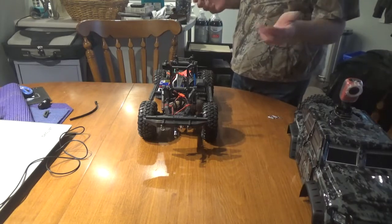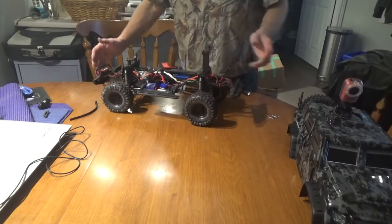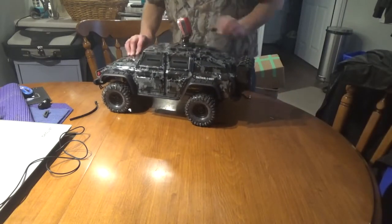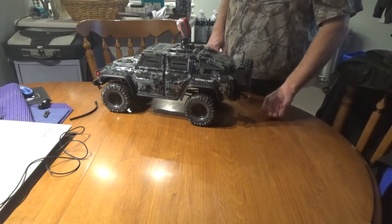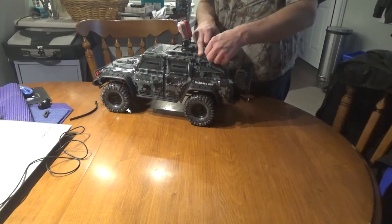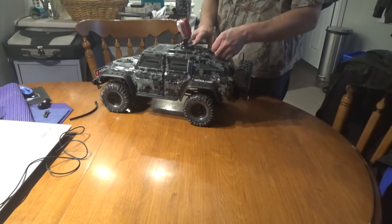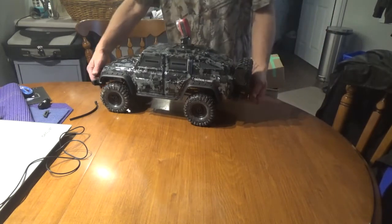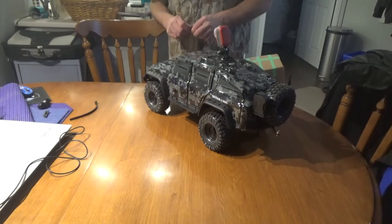So that's actually a good thing. But anyhow, so I thought we could do a test with this thing and pull my wife's Summit up our ramps that we have. Now my pole pal, I got to figure out a place to mount it on this truck. The one thing that is a bit of a problem, I guess, with the truck for now until I come up with a solution,